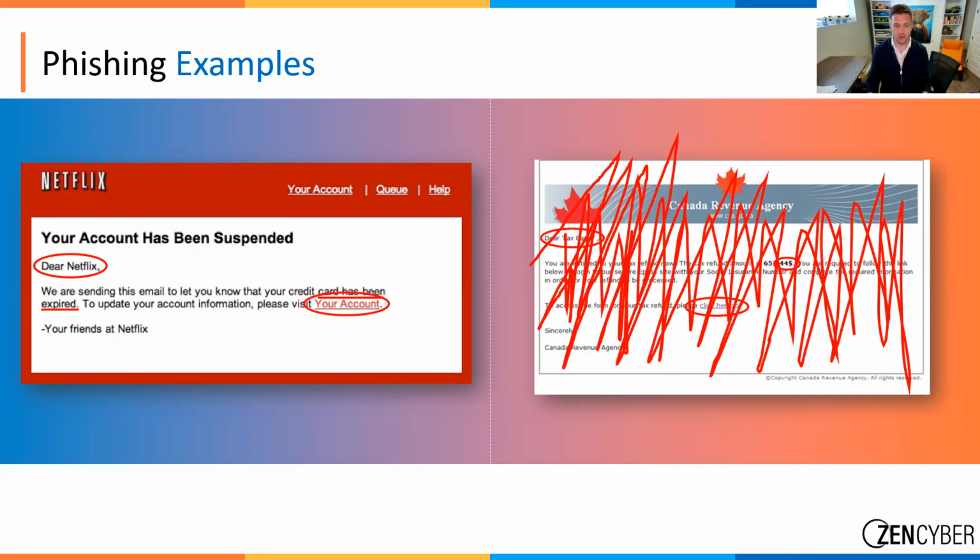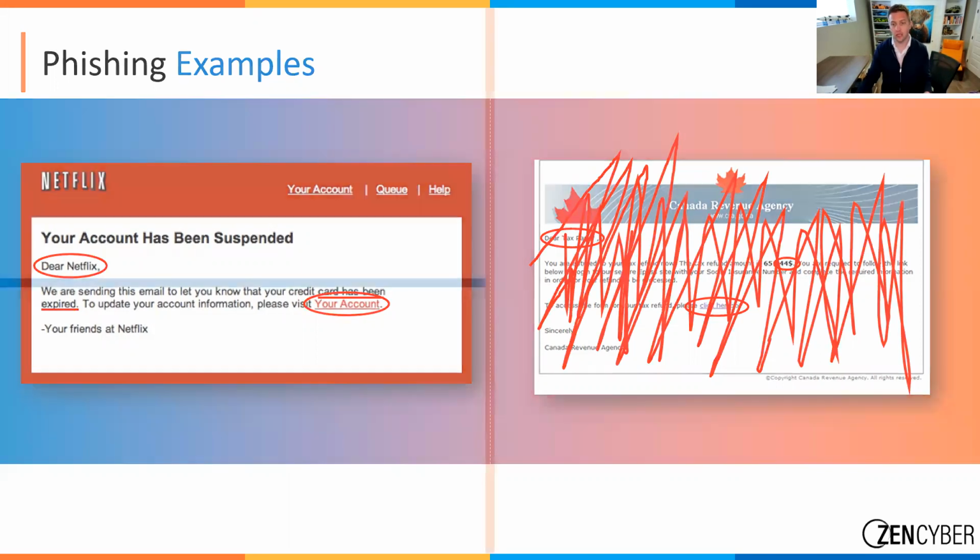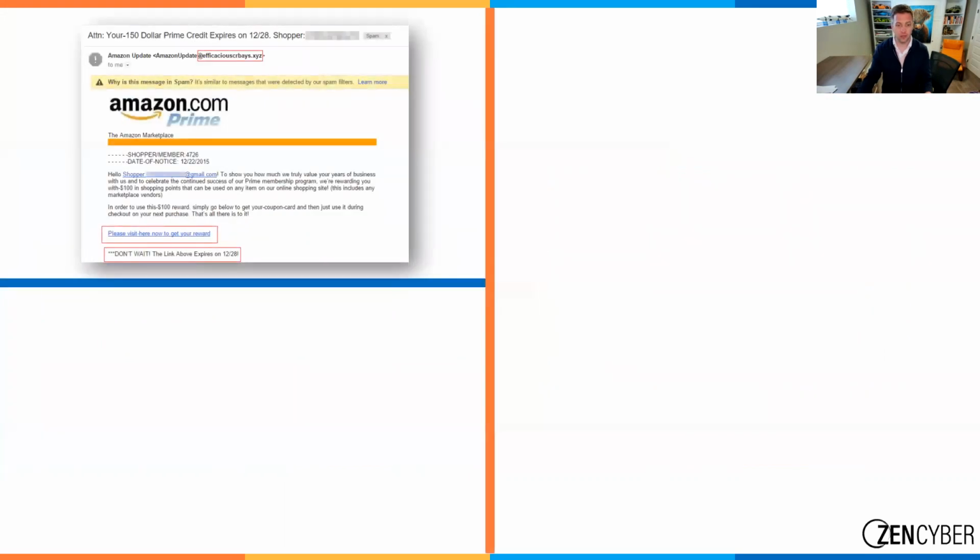It basically is saying, if you're expecting this, go to the Canada Revenue page, get there on your own. Don't follow our link, and log in normally.